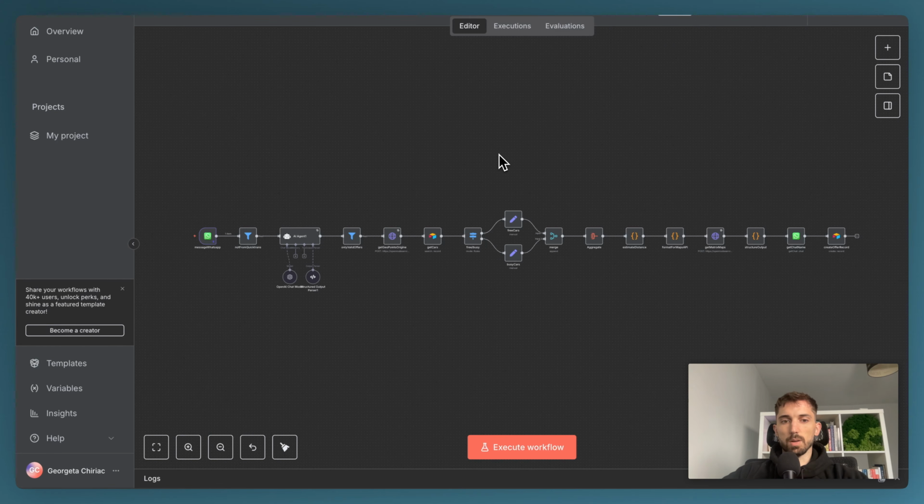In this demo we are going to look over one of the many solutions that we have built for one of our clients, in this case a transportation company that is carrying goods across Europe. Their struggle was that they had lots of messages on WhatsApp requesting offers, and they couldn't keep up with the volume. So with this workflow, we solved this problem by getting all those messages, analyzing them with AI,